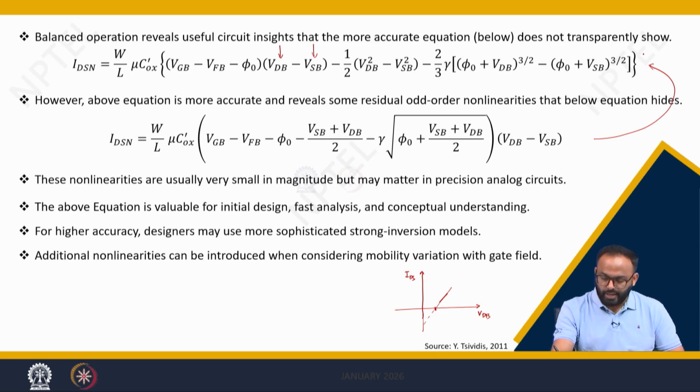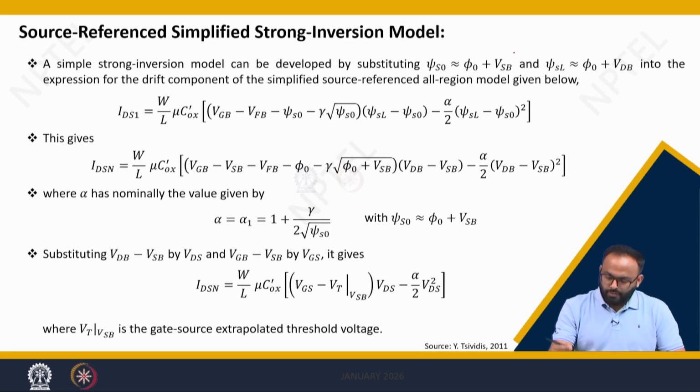However, you cannot define the property of this resistance or the resistivity by using this square law or power of 3 by 2, correct? Now let's see what will happen when we go for a source reference model. We have also defined that this linearization of bulk charge can be done based on some expansion point. One expansion point we have already mentioned is psi SE equals psi SM, which is